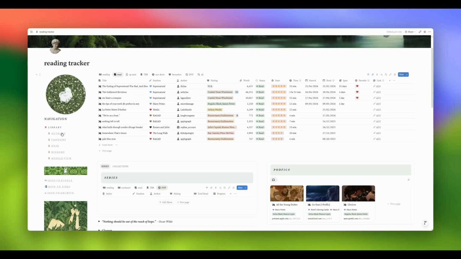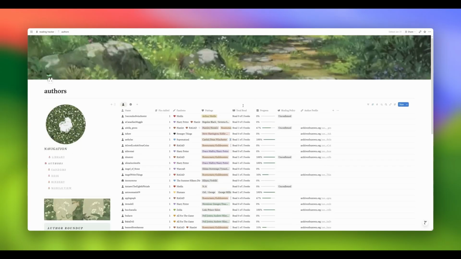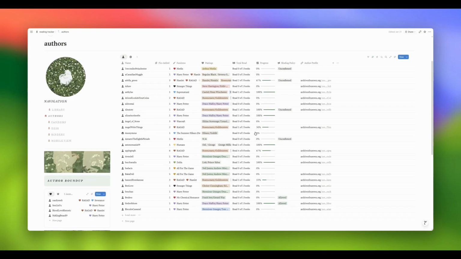Now I'll quickly show you the authors and the fandoms. I'll try not to take too long. So the authors page, straight up you just have the author database with a list of all the authors from A to Z alphabetically. It'll have a counter of how many fics you have added for that author. It'll automatically pull, this is all automated by the way, so it automatically pulls in what fandoms they write for based on what